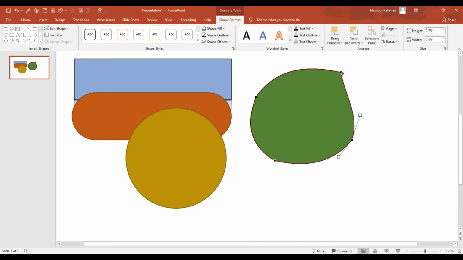You can apply this for any kinds of shape, just like this. Okay,